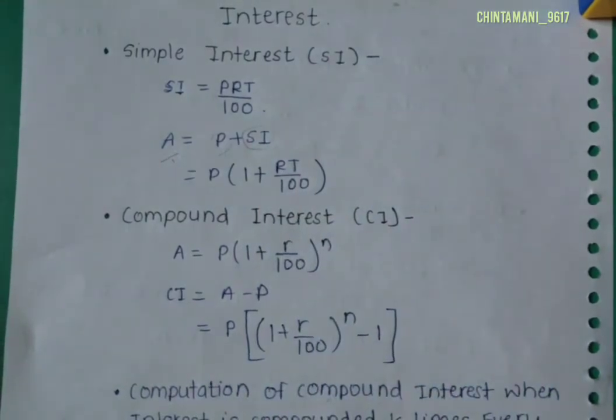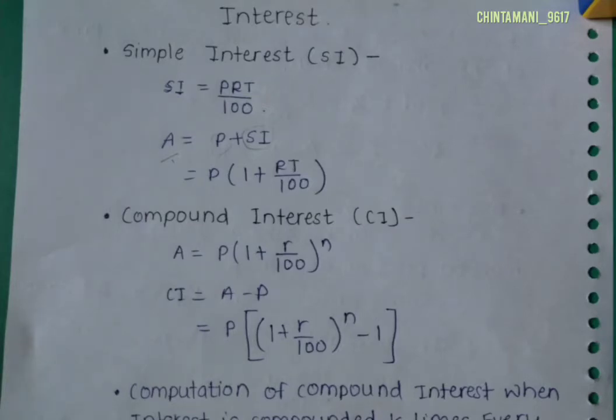The formula for this is A is equal to P (1 plus RT by 100). Similarly, there is compound interest. It is mainly used in the banking process. So what is compound interest? If the borrower and the lender agree to fix a certain interval of time, a year, a half year or a quarter of a year, etc., called a conversion period, so that the amount, that is principal plus interest, at the end of a conversion period becomes the principal for the next conversion period, then the total interest over the whole loan period calculated in this way is called compound interest.